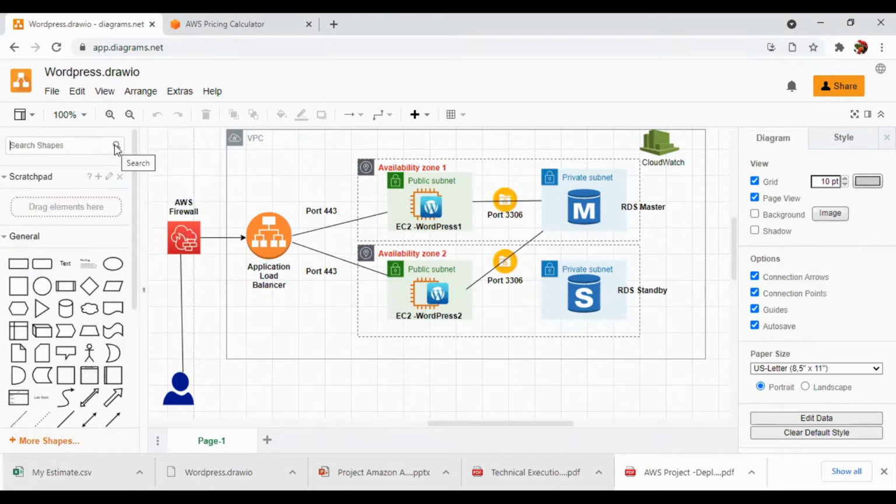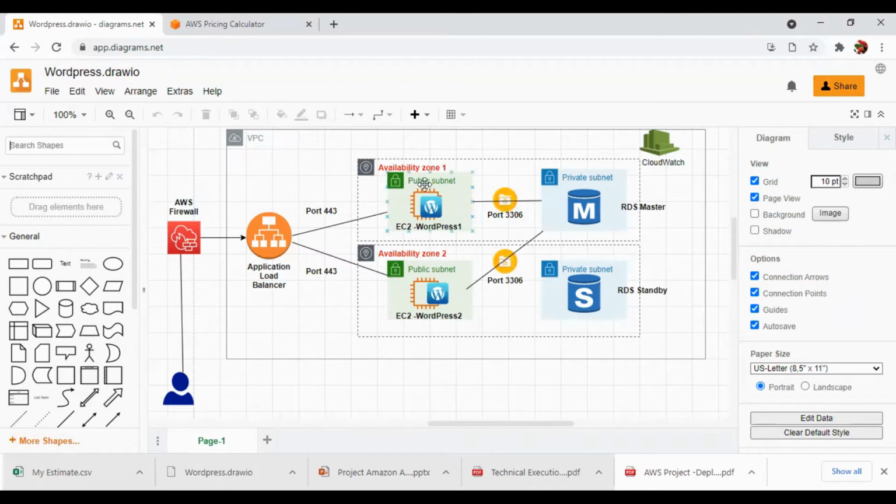So this is how I have designed this, and you can see our proposed solution, how a high level design is being proposed. For time's sake, I have already made it. So you can see this is the VPC. Overall, here we can see the VPC is there. There are two availability zones, availability zone 1 and 2. There is CloudWatch for monitoring all this process. And then you can see the public subnet where EC2 WordPress is deployed on EC2, and in the private subnet our RDS is there, RDS master and standby.